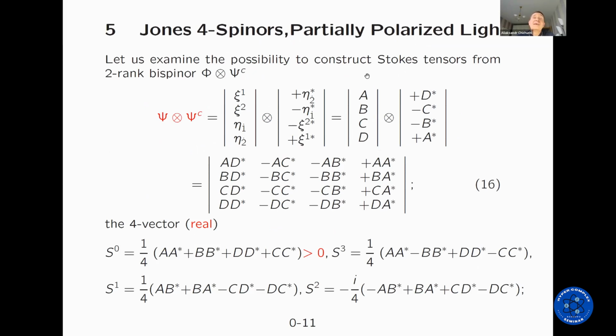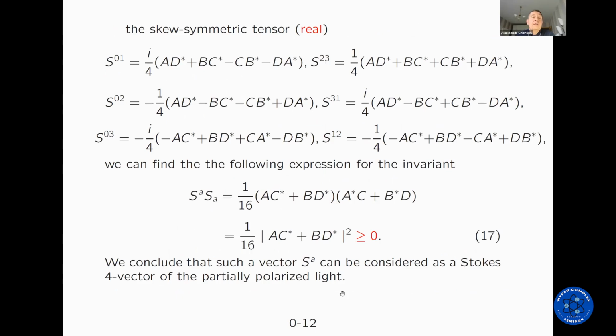For this, we construct Stokes tensors from the two-rank B-spinor in the form 16, where the vector has real components. And now, after performing the needed calculations, we obtain the following expression for the invariant in the form 17. And we see that this object has a positive value, or 0. We conclude that such a vector SA can be considered as a Stokes vector of the